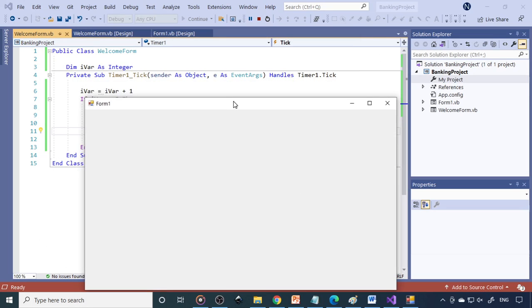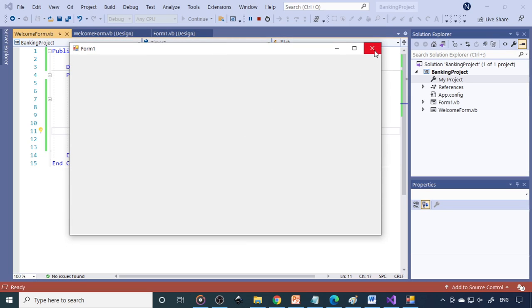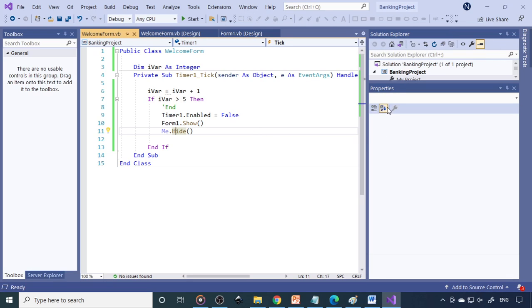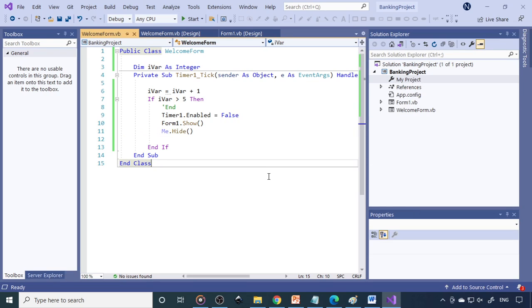So the other form will come automatically on the screen. That form is closed and this form appears on screen. So try this. Hope you understand how to create the form, how to make a welcome form, how to add the picture. All this you have to try. We'll see in the next video how to continue with this, how to add an MDI parent and how to create the menu, all these things. So thank you.